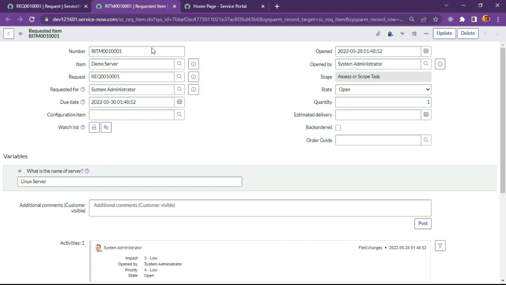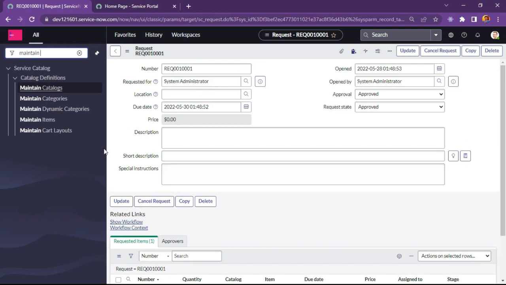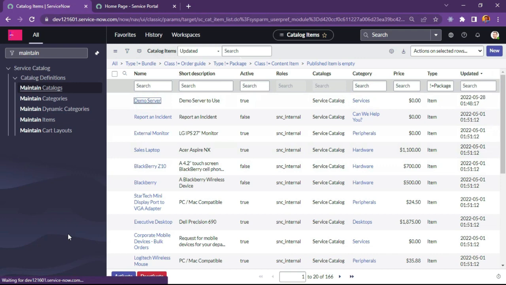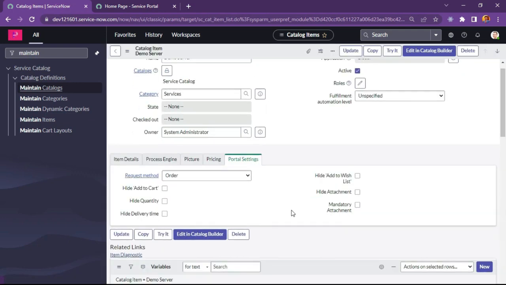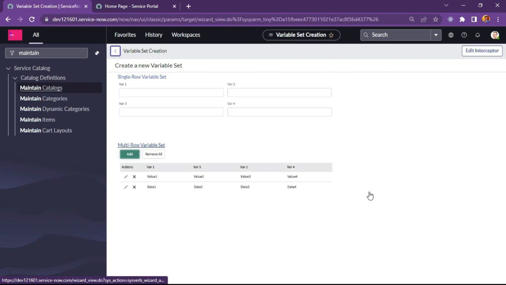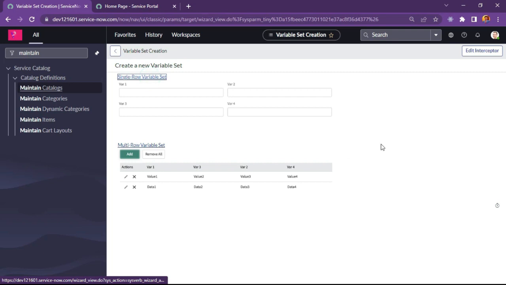So let us move further and see how we can create a variable set under this catalog item itself. So let me redirect to our catalog item which we have created. So this is the catalog item demo server which we have created. Now I will try to create one variable set, new. So I will select it as single row variable set. Multi row variable set is like you can add multiple rows for a single field. Okay, so I will select single row variable set